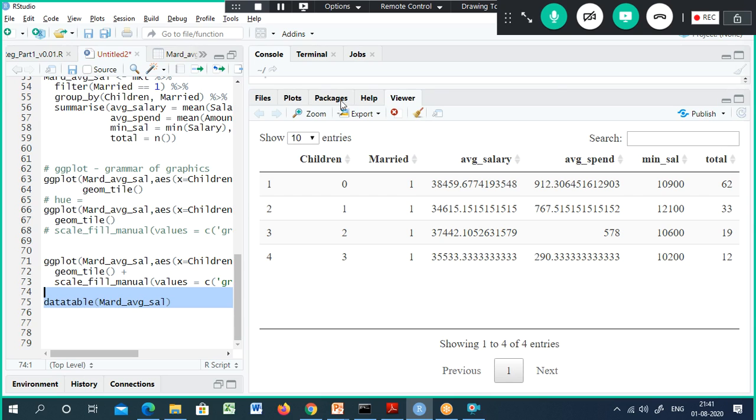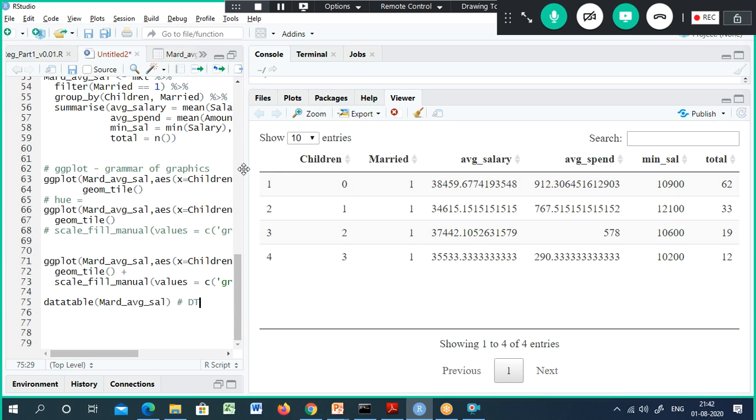On the right bottom, apart from plots, there is the viewer, and in the viewer you can view the data table. It is something like this. So 1 of 4 entries. If you have multiple entries, click next. Show 10 entries, like in the Google search page. How many entries do you want to see on the page? There's something you can do. So some table you can see. You have some option called search. Using data table. This data table is available as part of the package called DT.